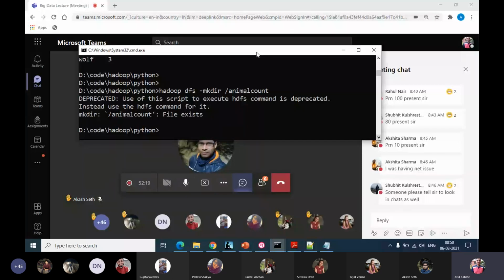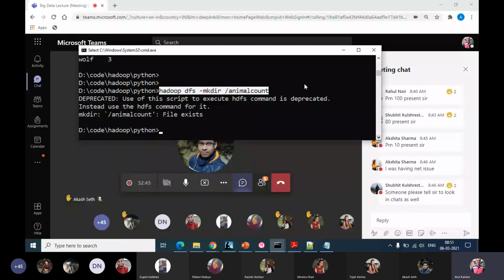We have already created this directory, if I remember correctly, but in case we haven't created it, let's create it. So we'll have to first start running all the Hadoop services, and then we will have to say hadoop dfs -mkdir /animalcount.